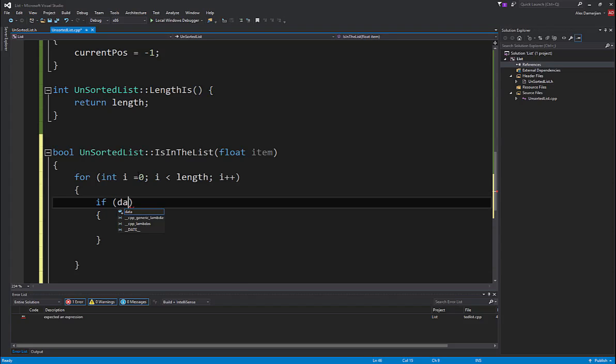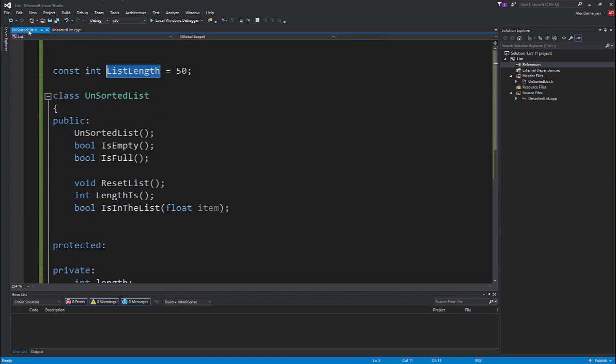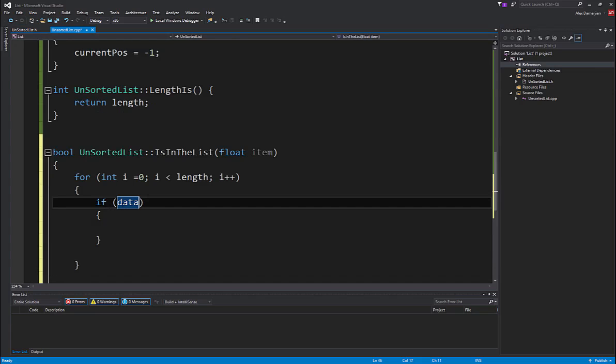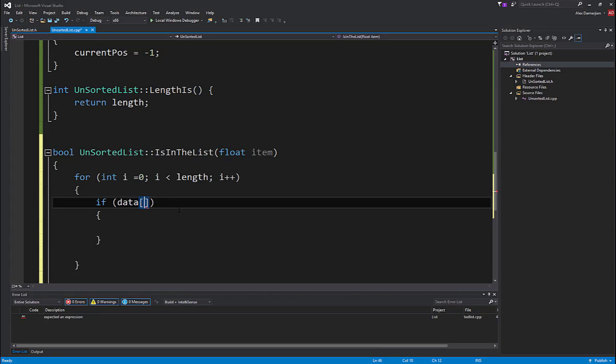the data, and you might be like, wait, where did data come from? Well, if you remember before, if we look at our list here, we have data. We created a private array that's of type float called data, and it currently holds 50 items, right? You can see if I hover over that, it tells us we have a constant integer that's of 50 elements. So if data, the item listed, so it could be 0 through 50 as we're listing through, if that item